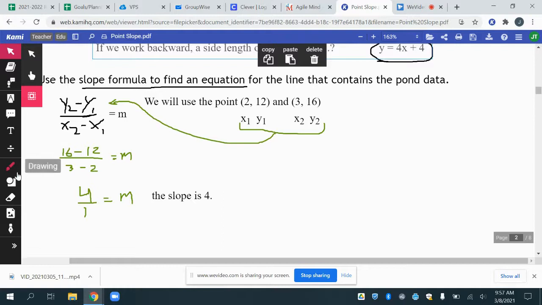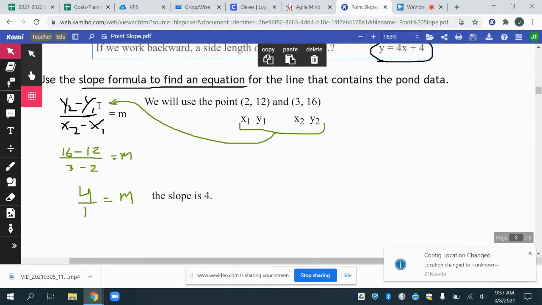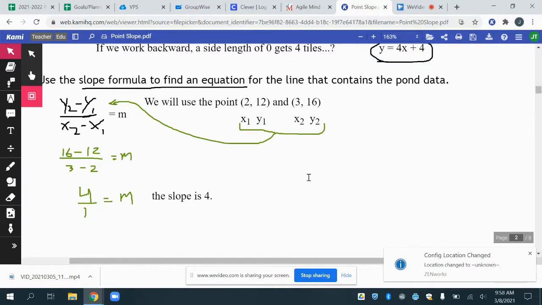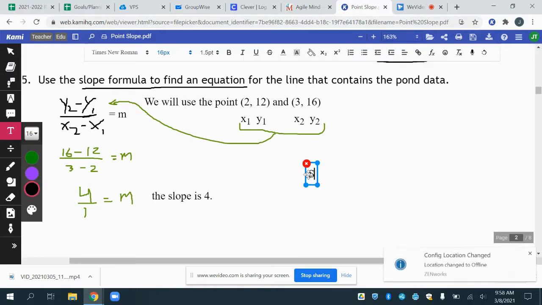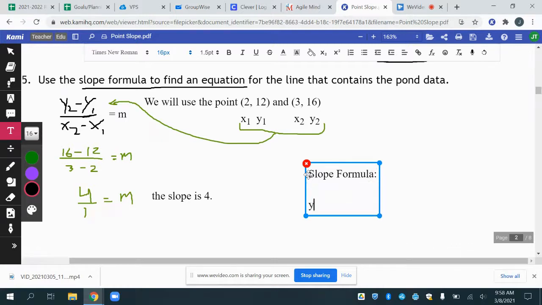This right here is the slope formula. Okay, so really important. Slope formula. It is y2 minus y1